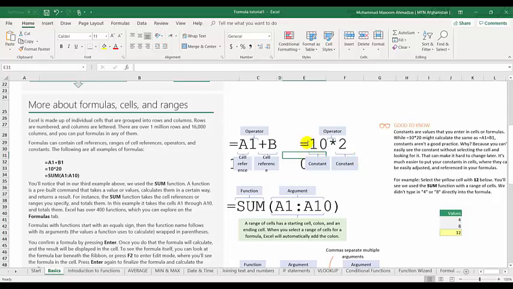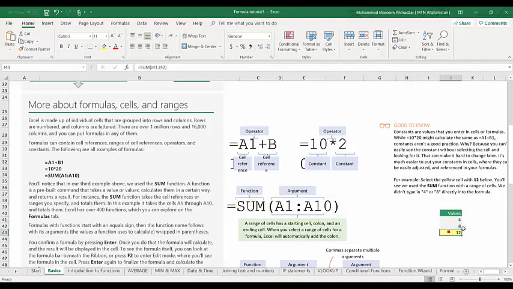Similarly, sometimes we need to add two constant values or multiply two constant values, like equal to 10 into 2, which is 20. In this case, these 10 and 2 are constant, and the sign of the multiplication is the operator in between. Also, while talking about function, it also is worthy to mention that when we are putting a sum,